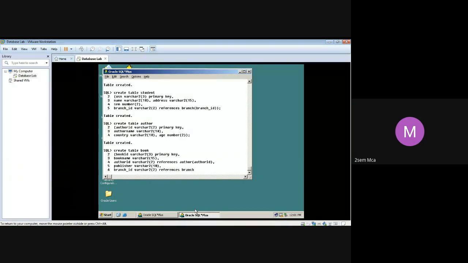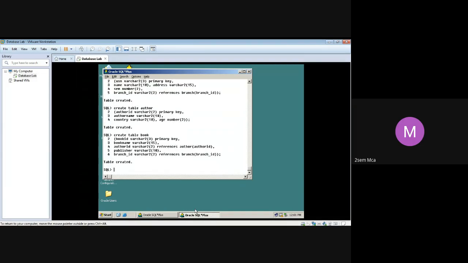We reference the branch table. In that, which is the primary key? Branch ID, as we have given it. So that's it. These are the fields in the book table. So this is how you create a book table. Any doubts? Do it and post your response.